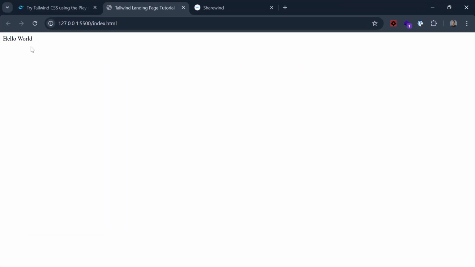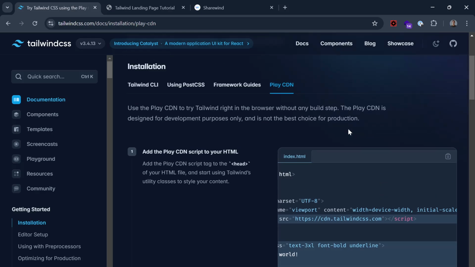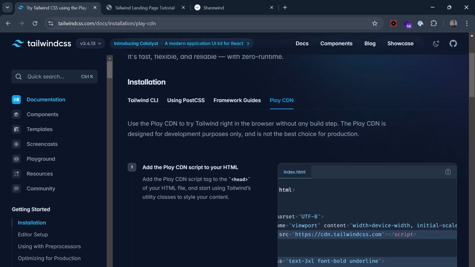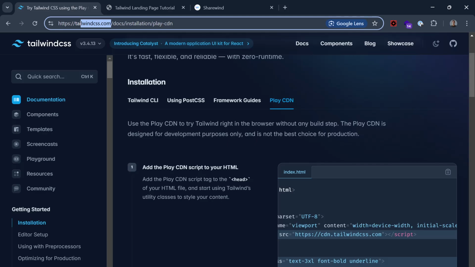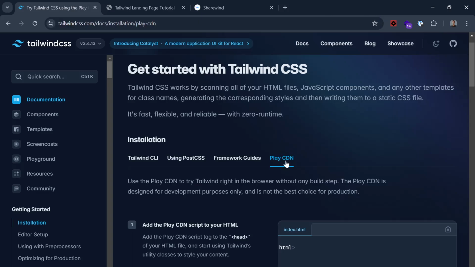Here you can see that hello world is in a serif font, and there's a margin from the top and left. So when we install Tailwind, I actually just went to tailwindcss.com/docs,